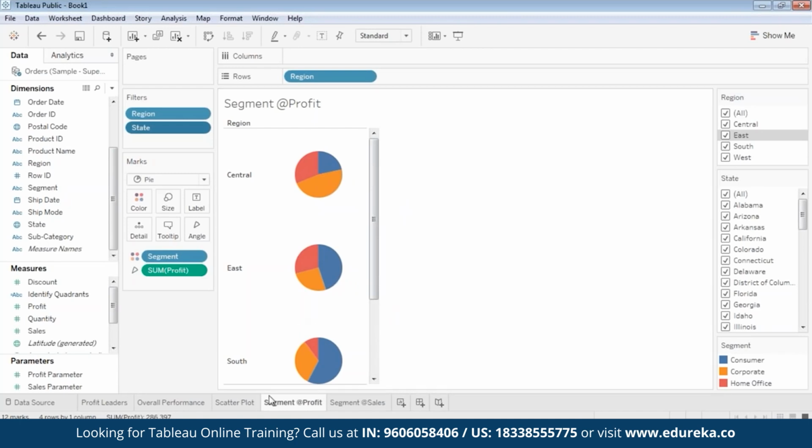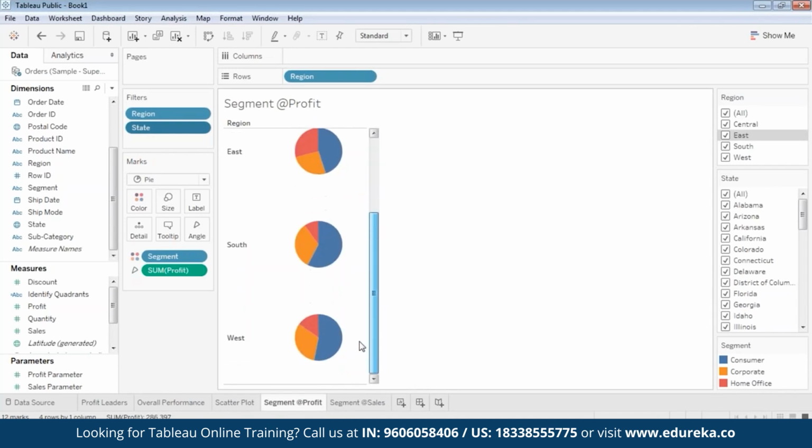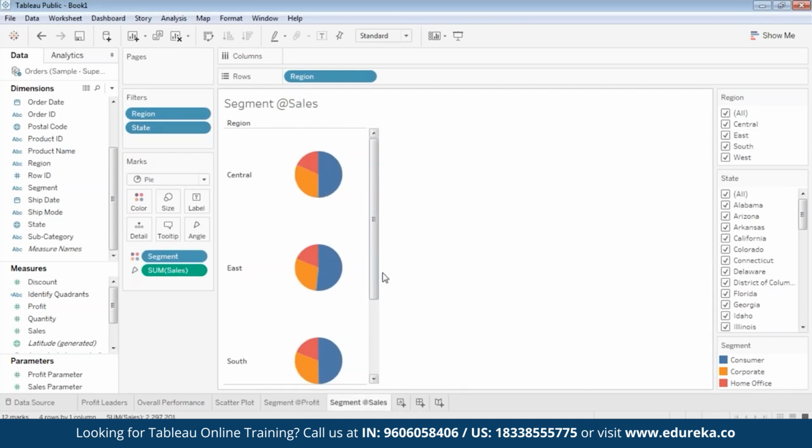So what do we make out of this data, guys? The profit in central region is more in corporate, but if we check out in sales, consumer is there in more number of sales. So let's say if they increase their sales in corporate in central region, the profit will also increase, right? Similarly, if you see in west,